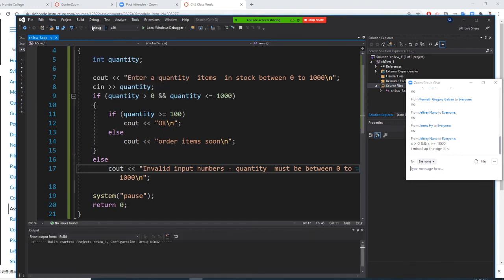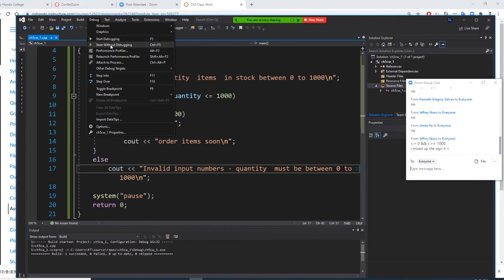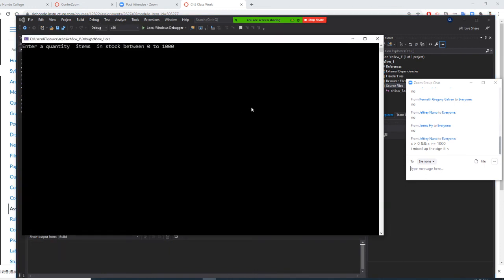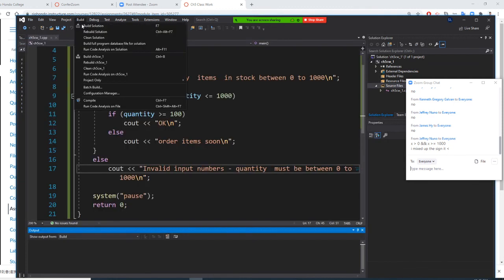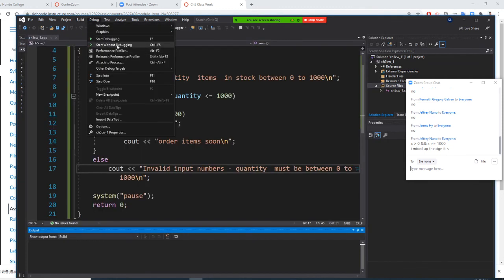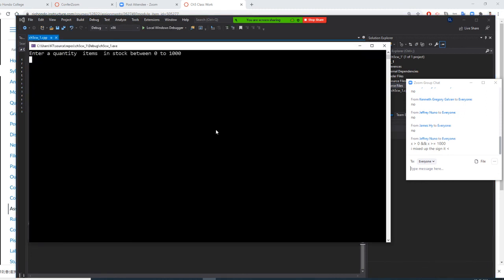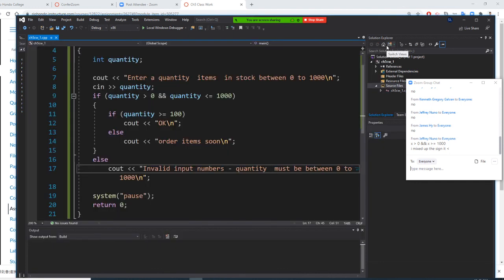So we build it. And we start without debugging. All right, so right now if I put 2000, all right, so it's invalid input. We cannot do anything. It's okay. Then we're going to do this, build it. Let me start without debugging one more time. Right here, I'm going to put like 50. All right, so order soon. Stock is only 50 order soon. Okay, so right now, I finished